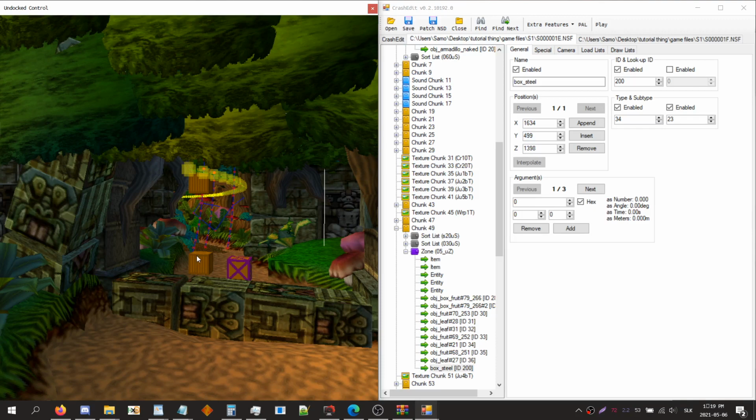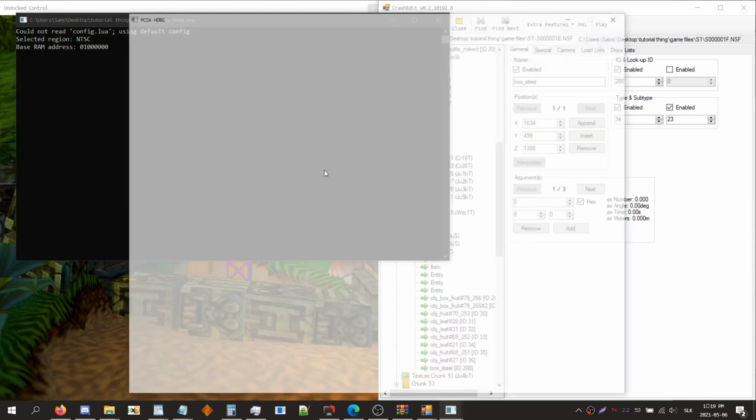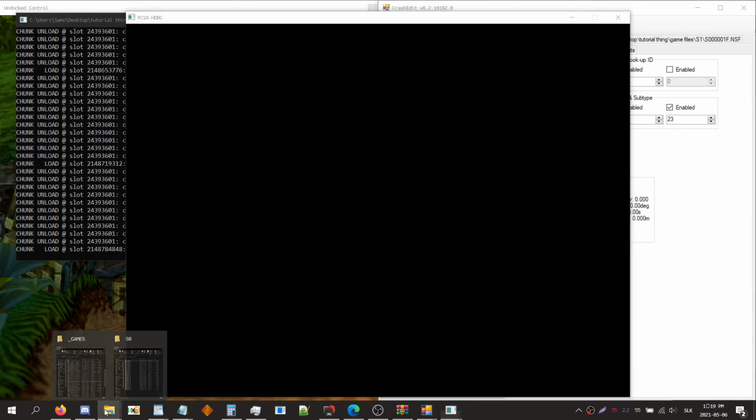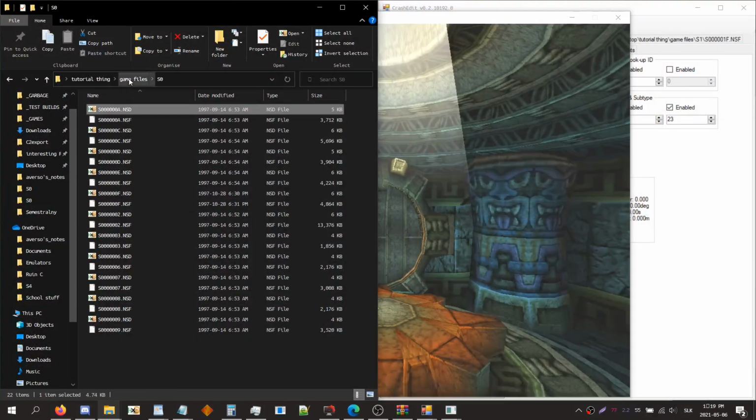Since I've duplicated this one, it should show about at the same time. These both should show about the same time, so I want to save. And now since I have not made any structural changes, such as moving entries between chunks or adding any things, I can just save. Now let's see whether I can just play straight away. So this is a really fast way to